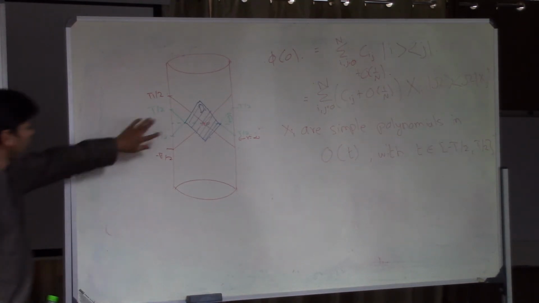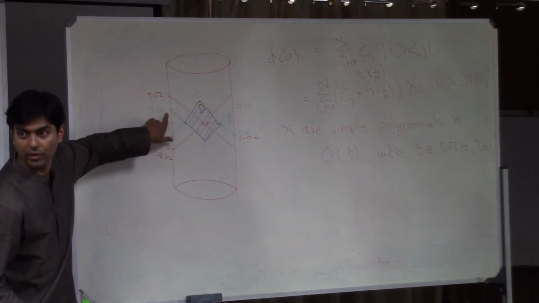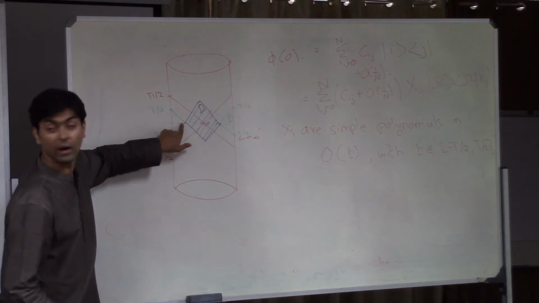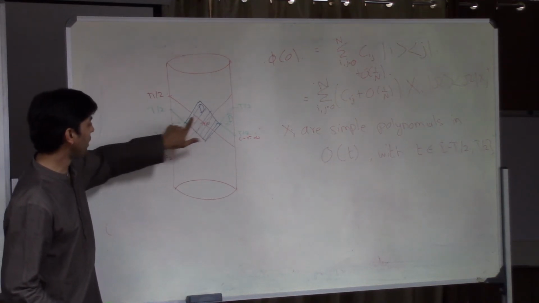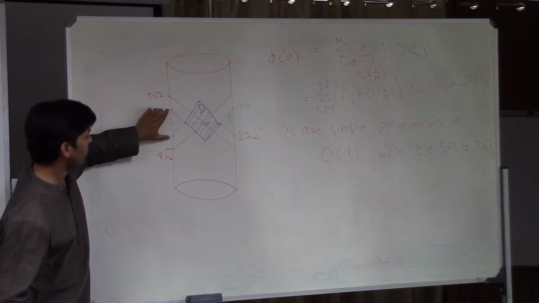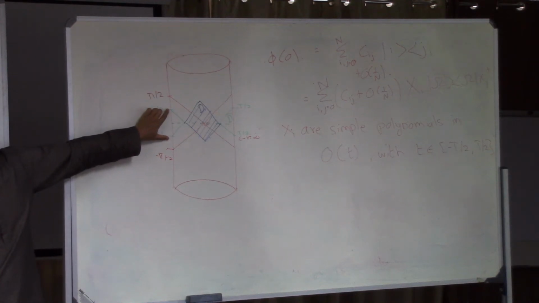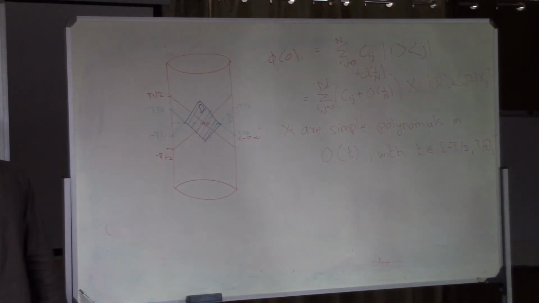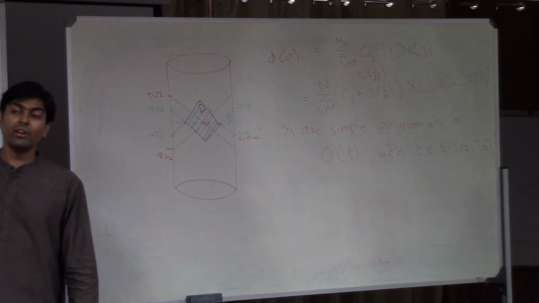You see, if I restrict you to this region from minus t by 2 to t by 2, it's the same as restricting you to operators in this region, this green part, and the operators in this part are all spatially separated from operators in this band. You see this? So if I restrict you to operators in this band, I've created a horizon by fiat, because I'm just telling you can't see these operators because they're spatially separated from you. It would be like creating a Rindler horizon, if you like.